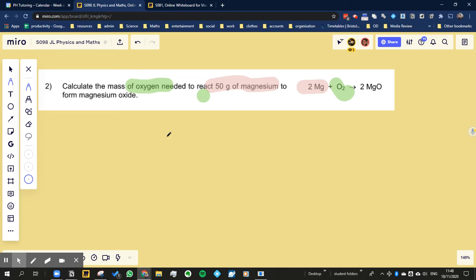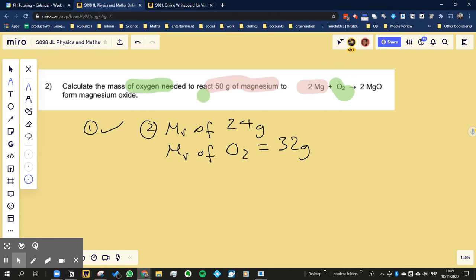So that's our first step. I've made another video which talks about these steps earlier on. The second step is to work out the molar mass. So let's just go to the periodic table to do that. So we've got the molar mass of